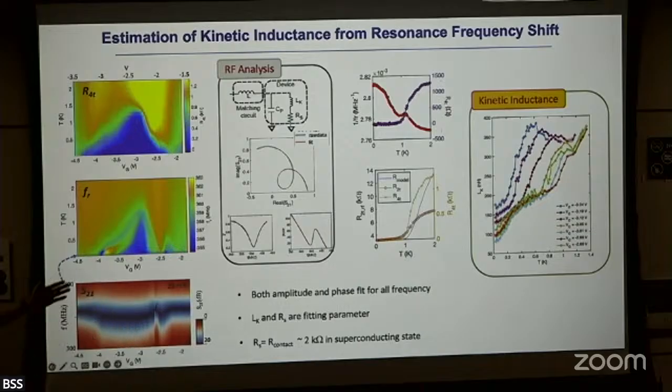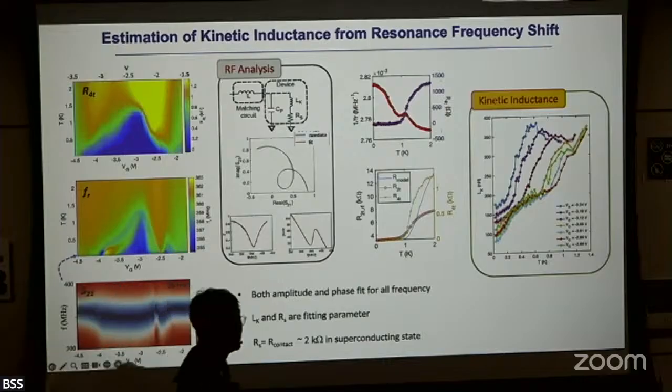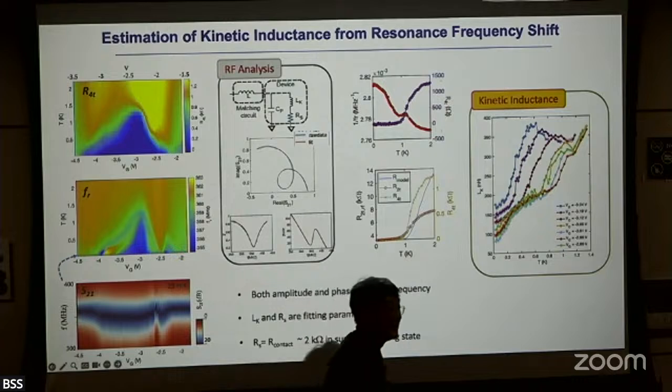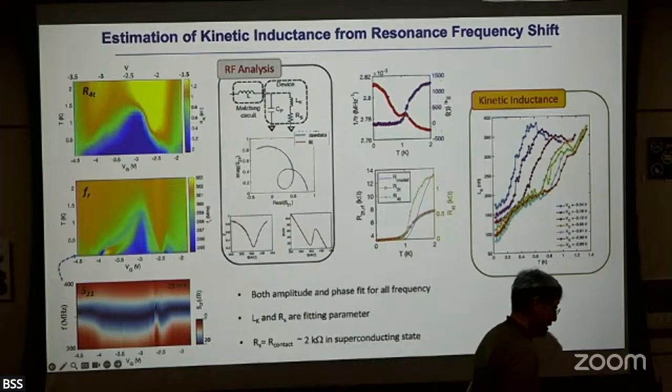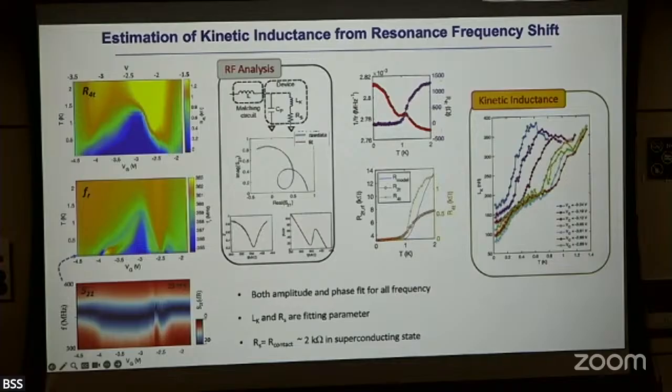Since the kinetic inductance, the inverse of the kinetic... In principle, it can be anisotropic, right? We cannot do that at this point. I will get to that point in a moment. Hopefully,